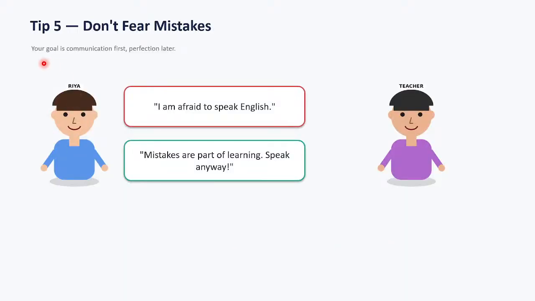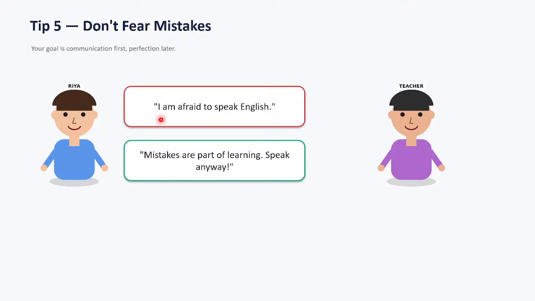Next is, your goal is communication first, perfection later, correct? You can correct the sentence later afterwards. First, at least try to speak in English, whatsoever it may be. Might be there are many errors, many grammar mistakes, no issue. Might be there is lack of confidence, no issue. Today you have lack of confidence, today you don't know grammar, but once you try to speak, try to learn, then everything would improve. Your grammar would be improved, your confidence would be boosted, correct?